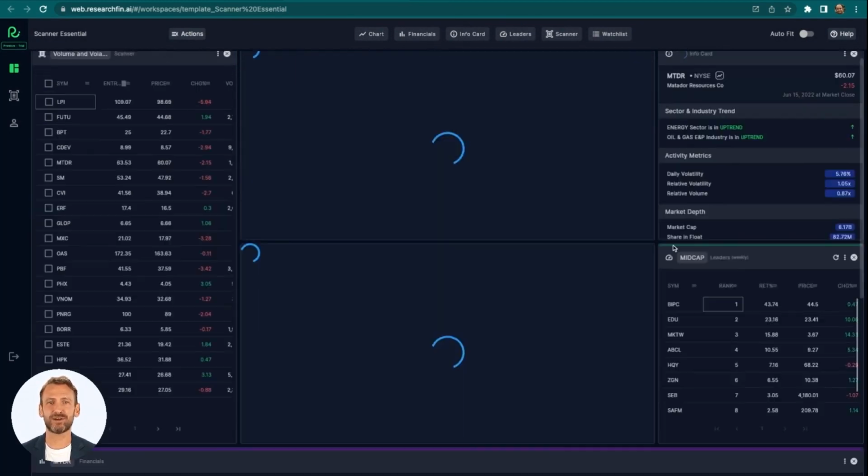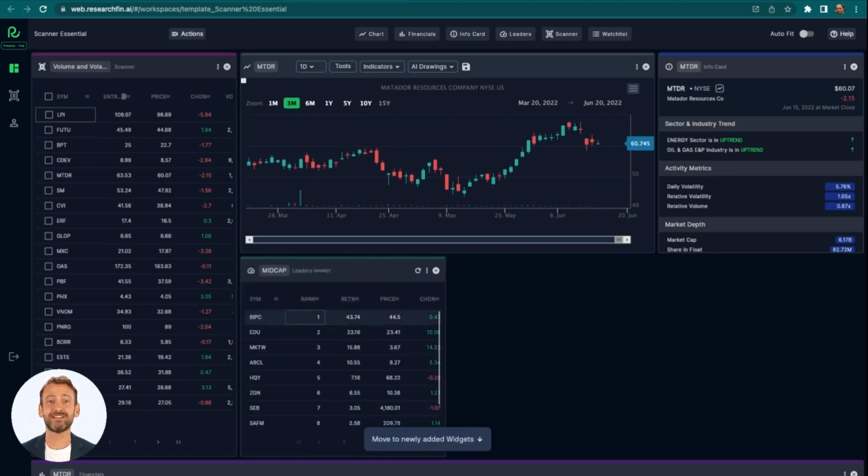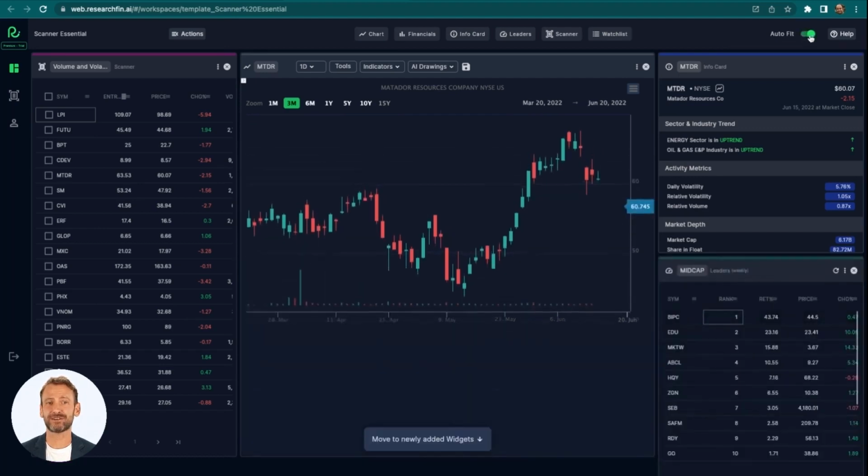Now, let's talk about the features available on the chart widget. There are quite a few very interesting features here that you won't see in any other product. But before that, let's switch to a single chart. I will close one of the chart widgets. Now I can select the auto fit here, which does an intelligent rearrangement of the widgets to make optimal use